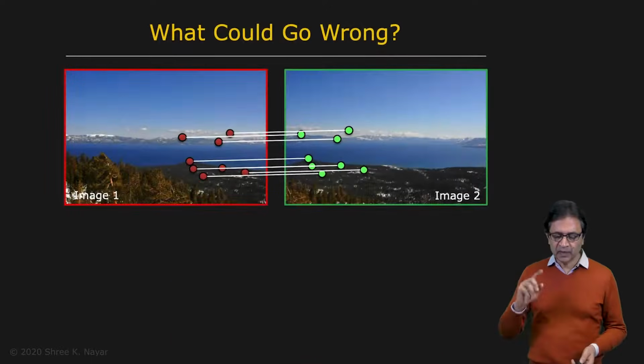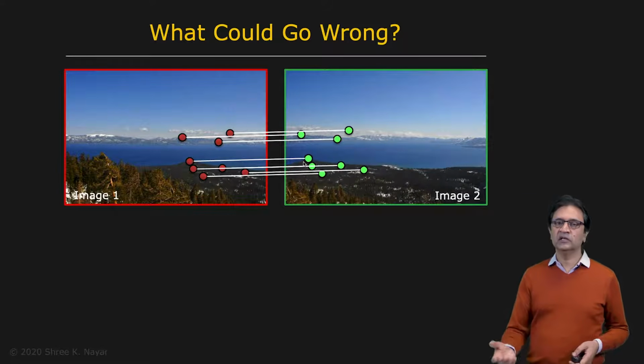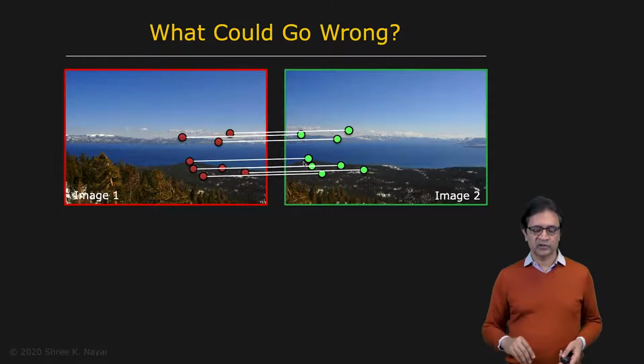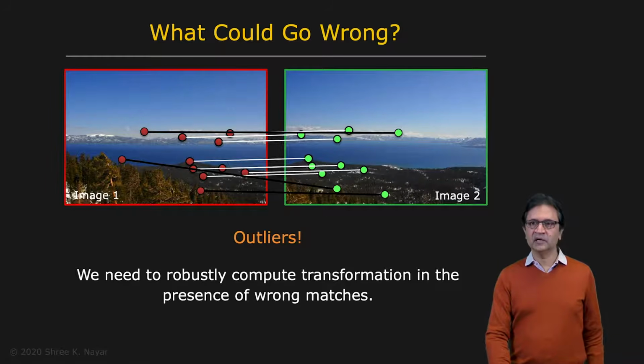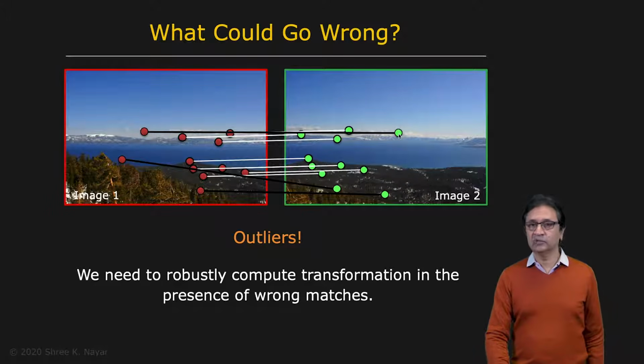So let's come back to stitching for a minute. You have image 1, image 2, and you have all of these, let's say, perfectly valid matches. All good. If you use these to compute the homography, we are in good shape. Unfortunately, you're going to get these other matches, which are bad matches, invalid matches. It so turns out that the appearance at this point is a perfect match with the appearance at this point, but they do not correspond to the same point in 3D. They are not projections of the same point in 3D.